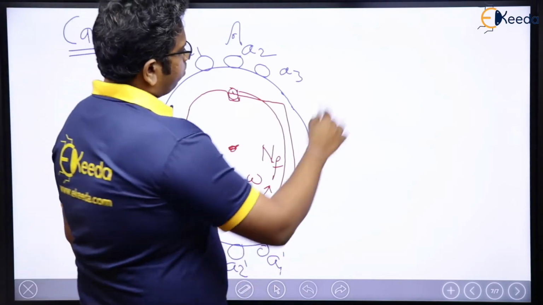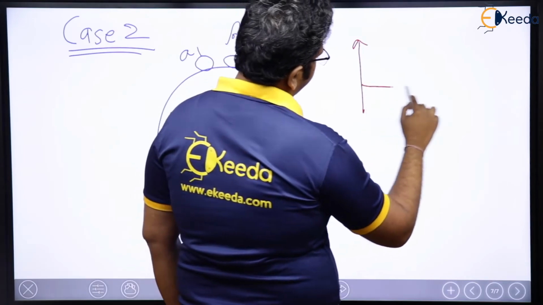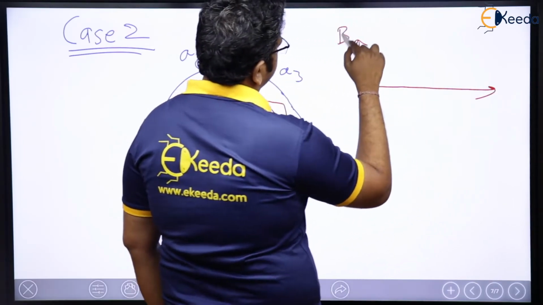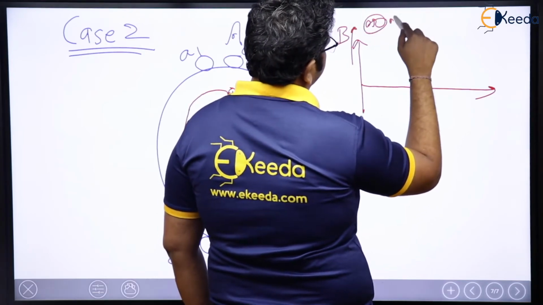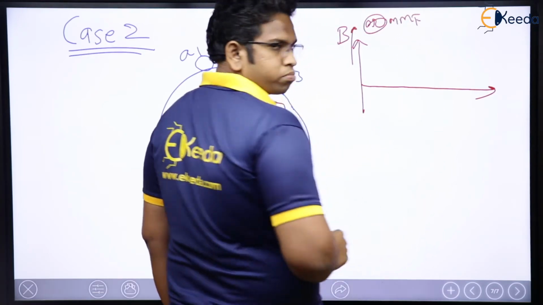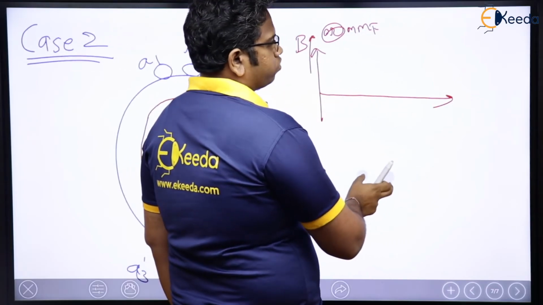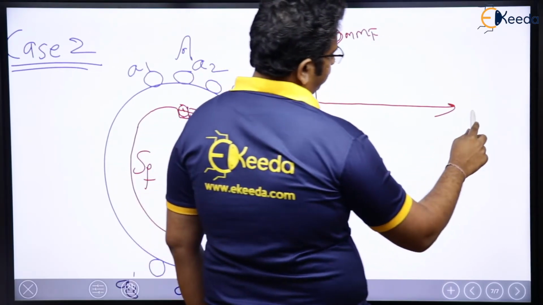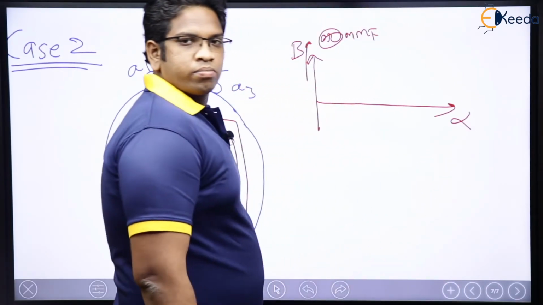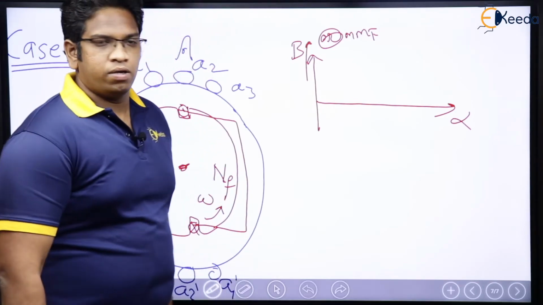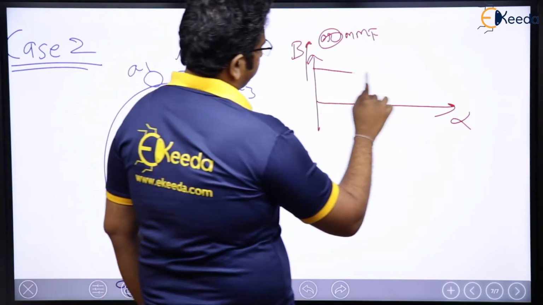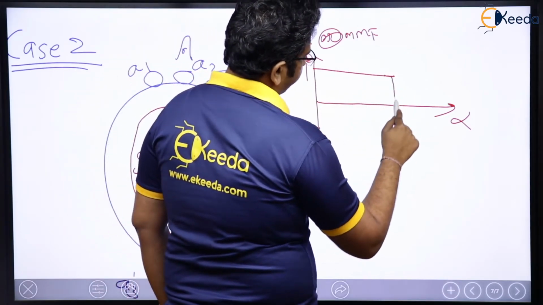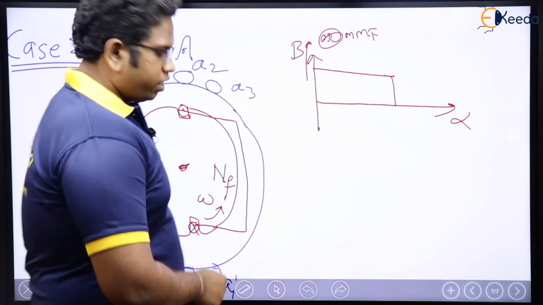Now if we think of flux distribution or MMF distribution in space, let us say this is B, or we can say MMF also, no problem, it's okay. We are saying MMF and flux to be proportional. Anyways, this is going to be, let us say, with respect to alpha, the space angle. With respect to space, if you think of, this is going to be a square wave. So let me have this square. Only one single step this is going to be. Anyways, now